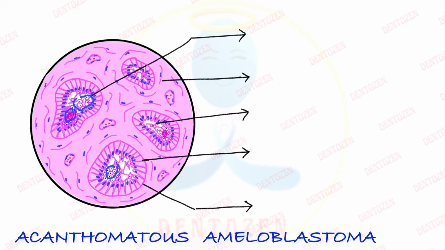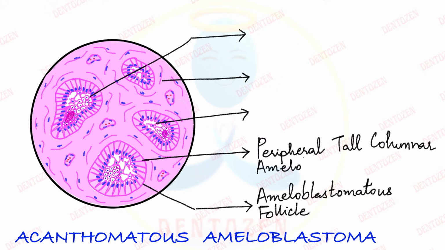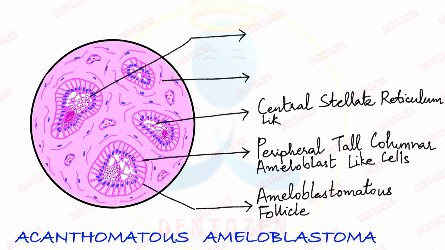So it can be seen in the center of the follicle. So that is acanthomatous type and how it is different from follicular type. Labeling, so we have ameloblastomatous follicles. Peripheral cells are tall columnar ameloblast-like cells with all the three nuclear features you can label here. Then the connective tissue stroma is there, and central stellate reticulum-like cells are there, peripheral cells, central cells, connective tissue